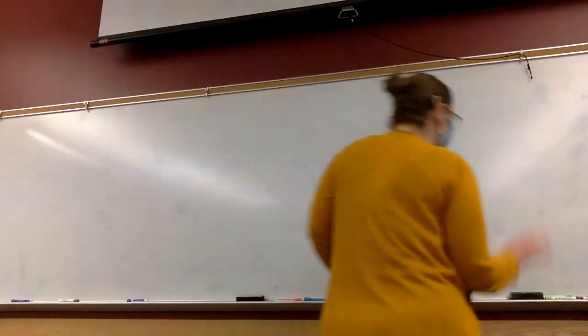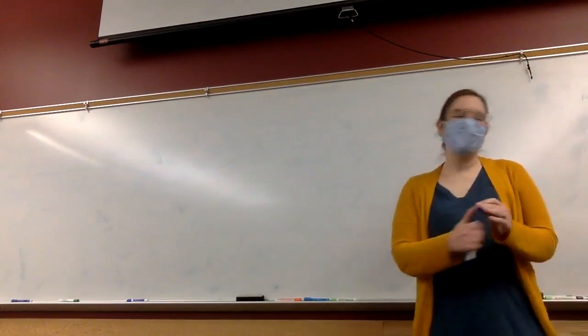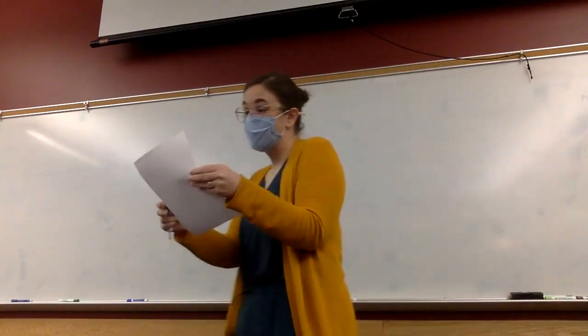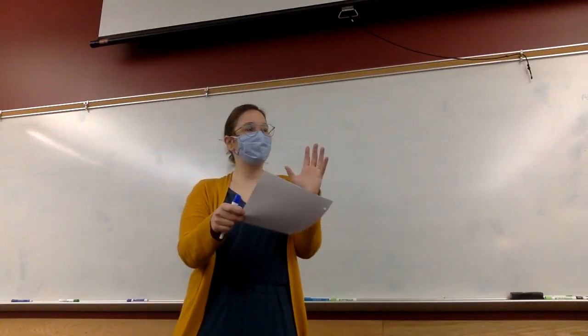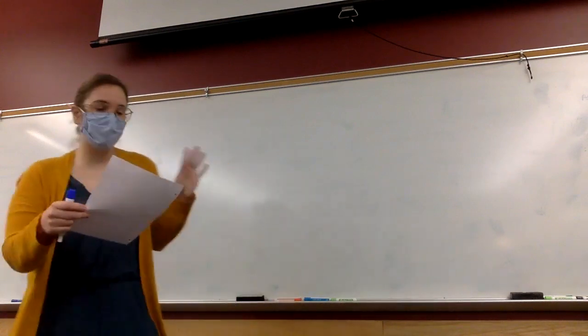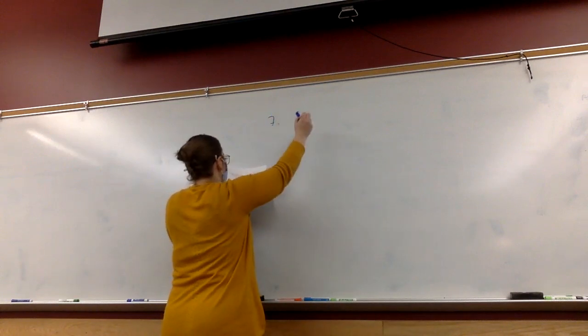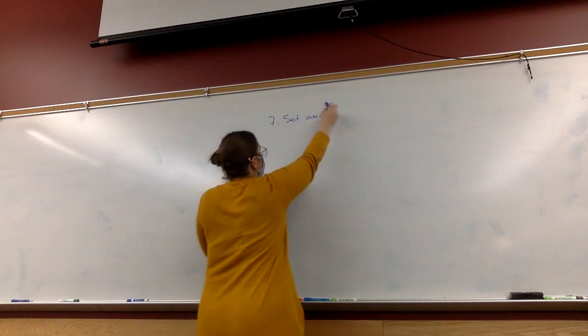So we're going to go through the next 3 comma rules. These are a little bit less common, but I have still seen these on the AP test. And they're a little bit harder to explain if you don't know the parts of speech really well, but we're going to try. So rule number 7 is that you use commas to set aside